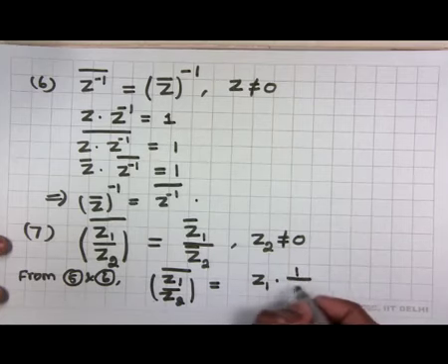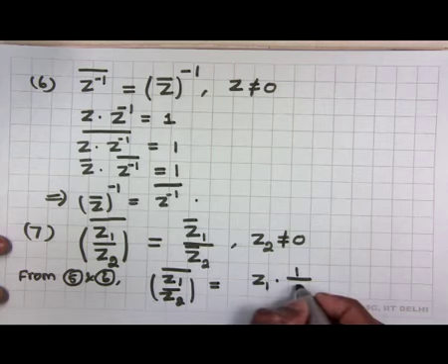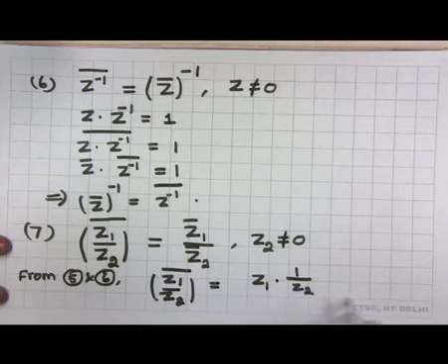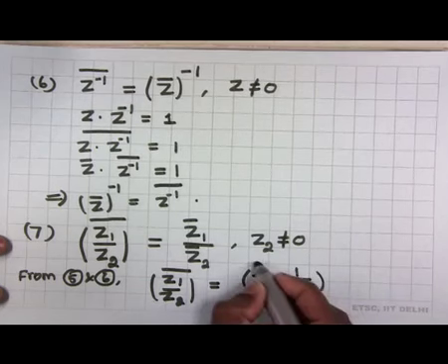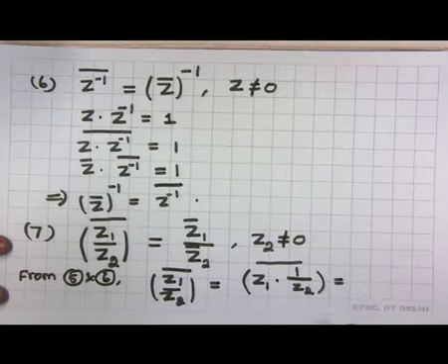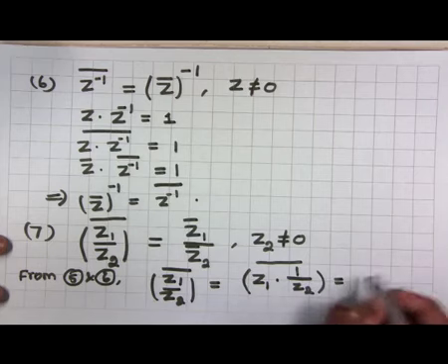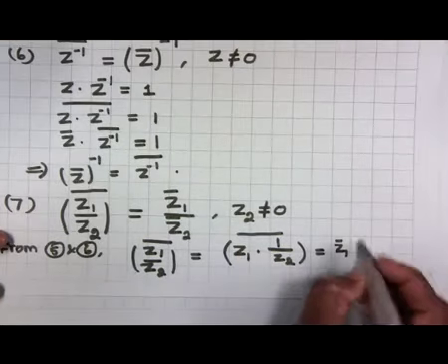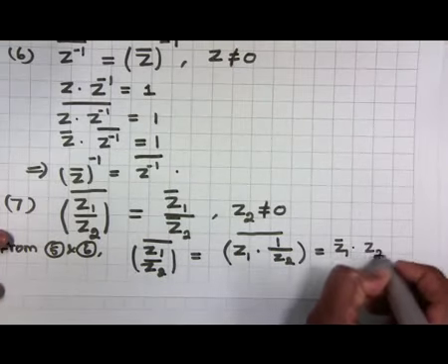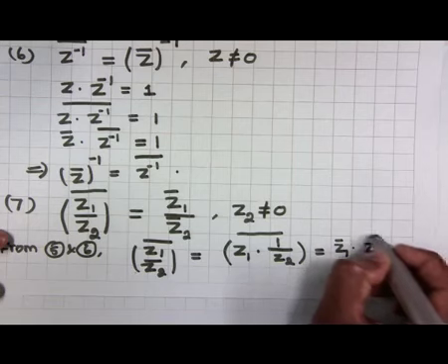I am writing, this is again a notation, 1 by Z2 means Z2 inverse. So, its bar, proposition 5 says that this can be taken bar to each factor, that is okay. This is Z1 bar product with Z2 inverse bar,